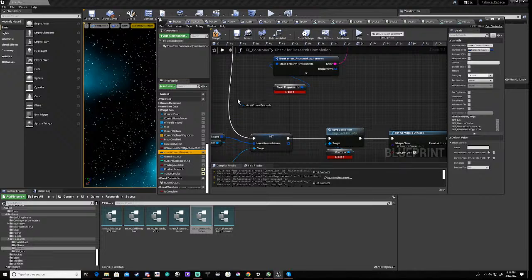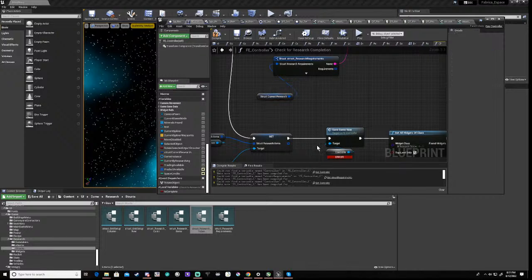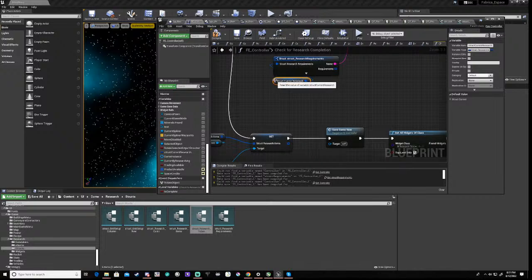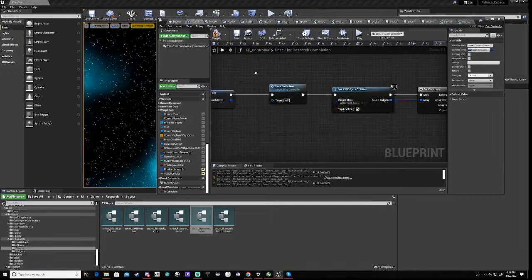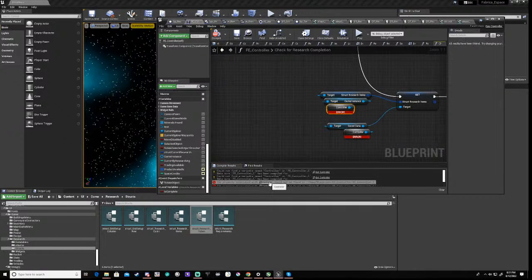And we do a get. That goes in there. And we'll delete that. And we can delete that. And yeah, should be able to save that. Not yet. So